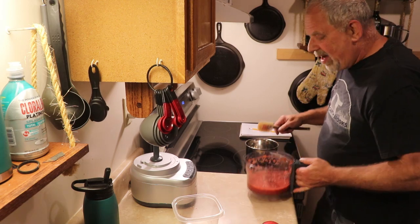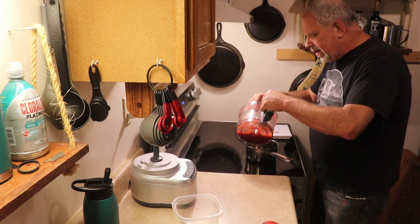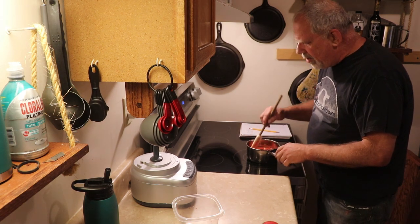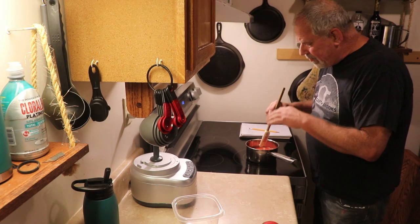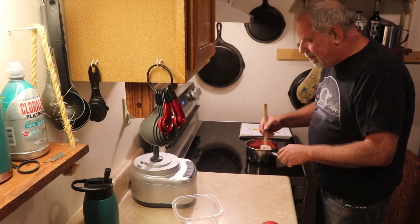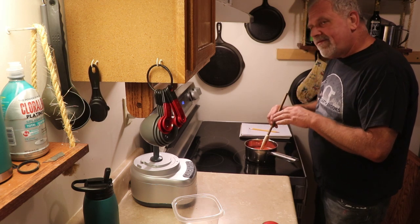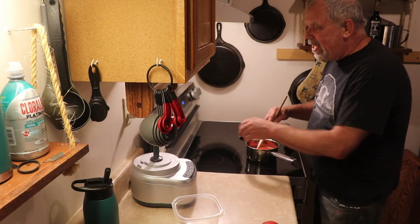So, next thing, I've got a small saucepan right here. We're going to go ahead and get our puree in there. Okay, so we got our puree in the pot. So now all we're going to do is literally cook this down till it's about half of what it is now. You should end up with about a cup worth of reduced puree, and it's going to take about 15-20 minutes to get it down that far,